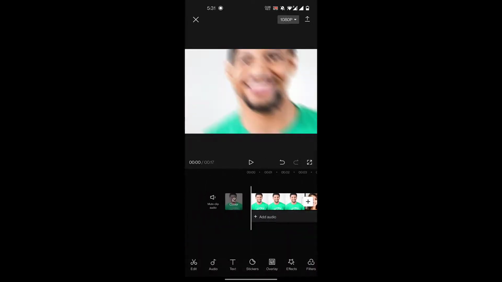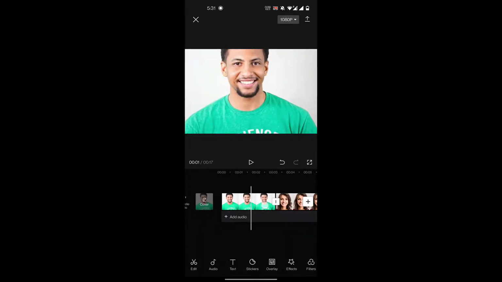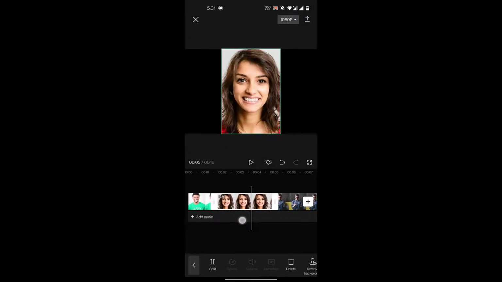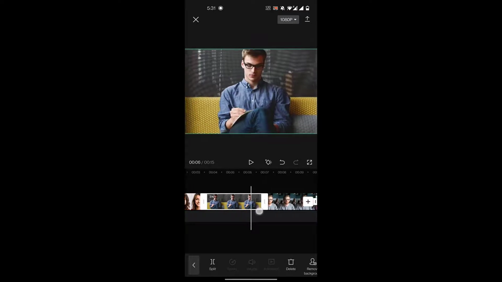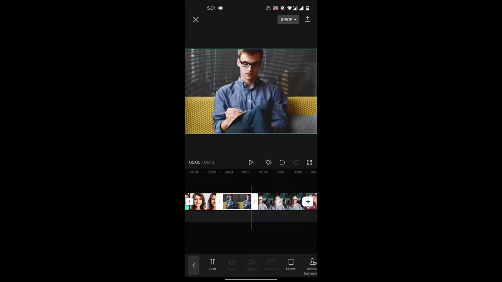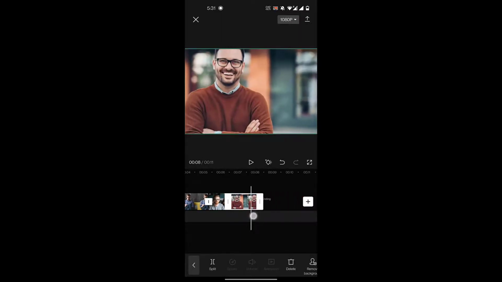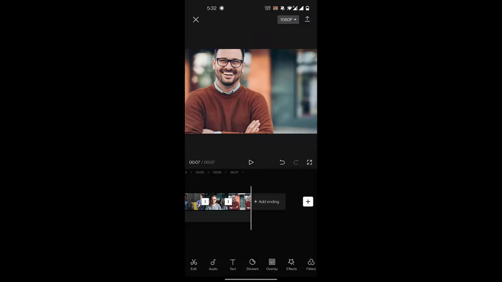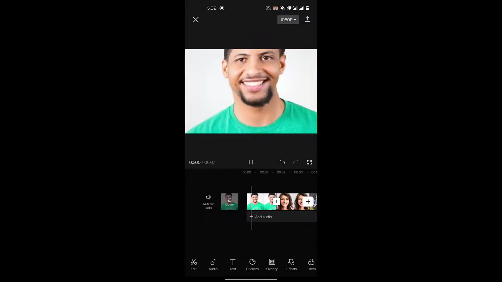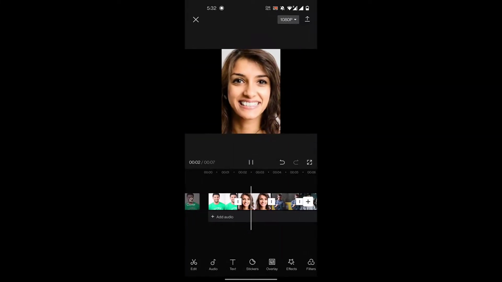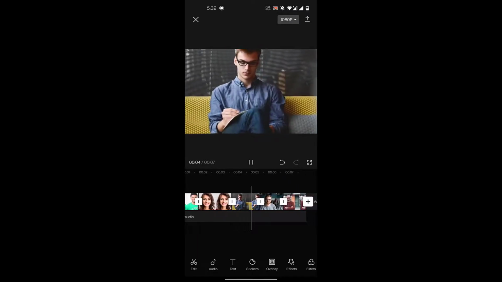So once you've applied the effect, as you can see, the length of the clips have again elongated. So you'll shorten the duration of each clip again. So let me do that real quick. So it's easy to do that. You just toggle this scroll button, and then you have this ending button, ending like post-credit scene where you see this CapCut logo. You can delete this, and now if you play this video, as you can see the zoom effect very clearly,